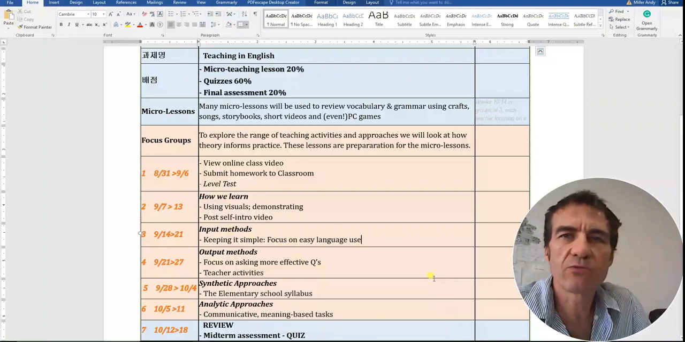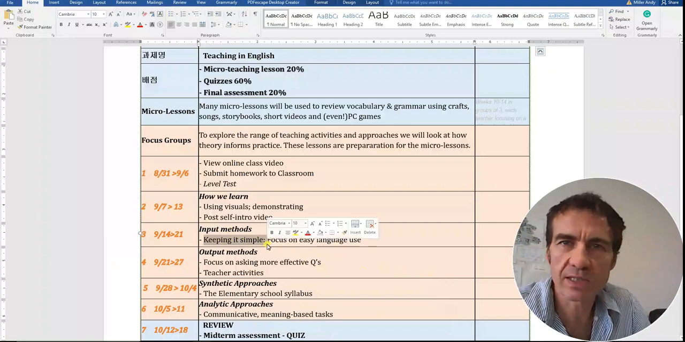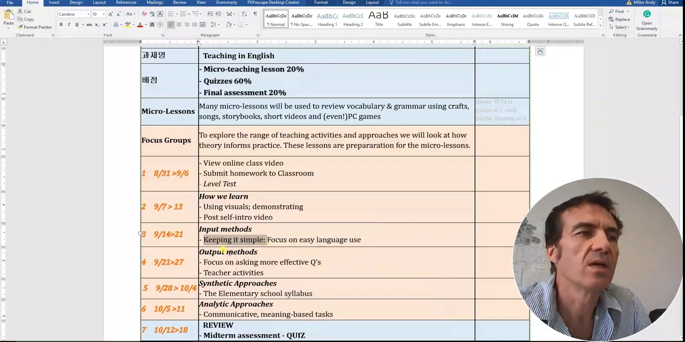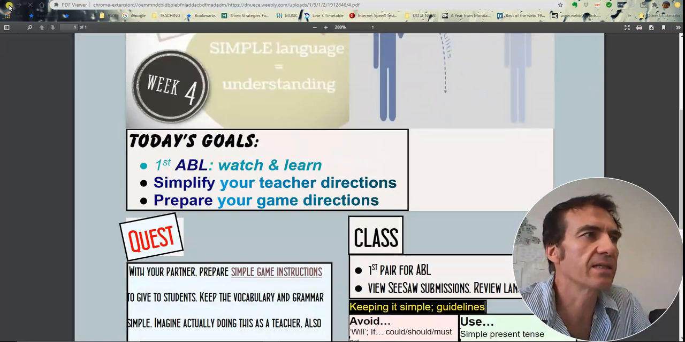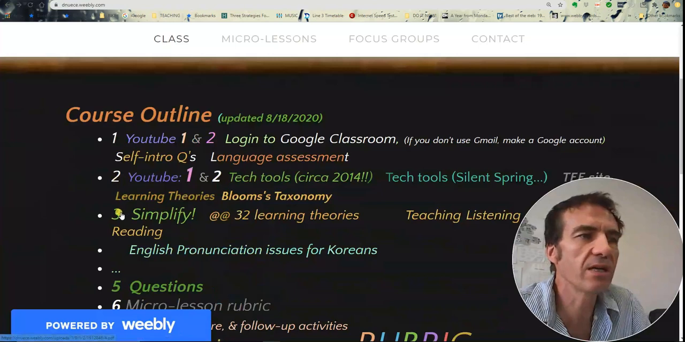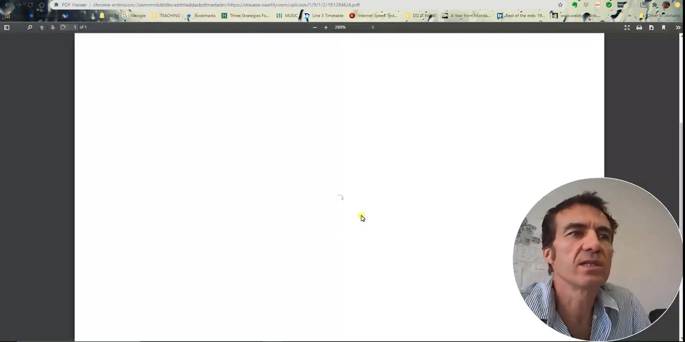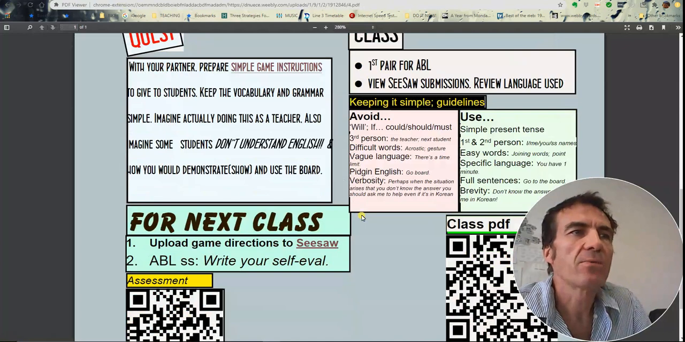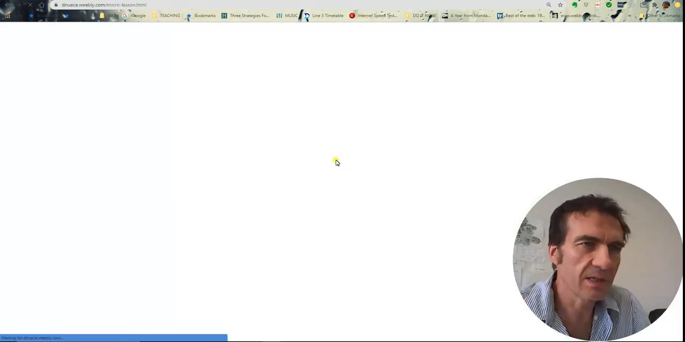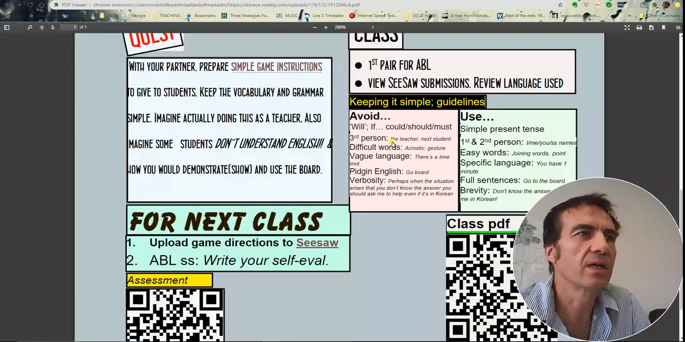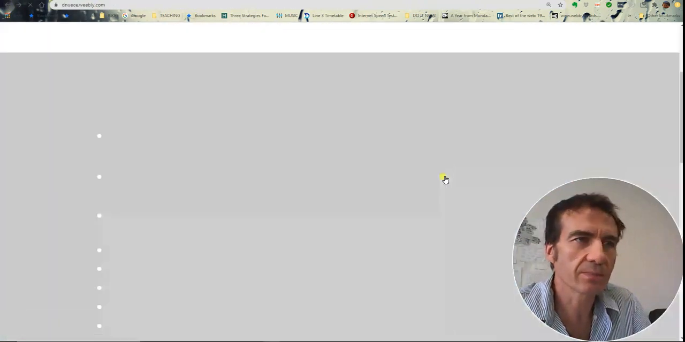So to go back to the first of the three things we're looking at, keeping it simple and reading and listening. Or rather listening, then reading. So keeping it simple, when you go to the class PDF, and again, that is accessible through number 3, if you click on that, you will see this PDF. In class, I usually ask you to prepare simple game instructions. Now, let's see, if I click on that, I didn't think it would work. If you go to micro lesson,